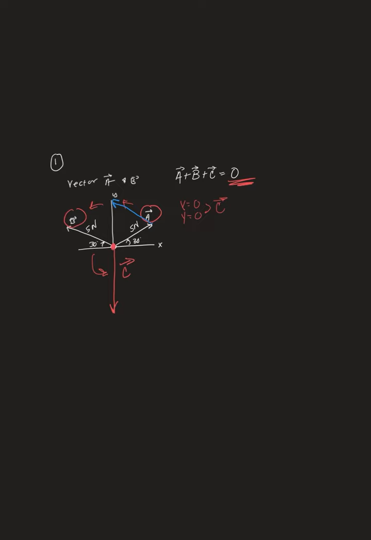usually, and I'm going to draw it out, if this is A, this is B, we know that C can go this way. Or we can have C going down the y-axis because